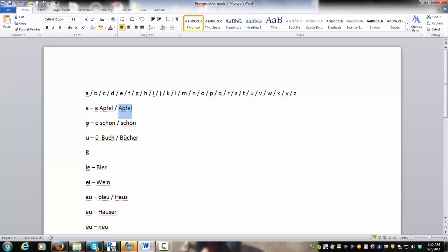Gut. Then the next set would be the O and the O umlaut. O, Ö. Schon, schön. Okay? So it's funny how those two little dots will make a big difference, because the word schon